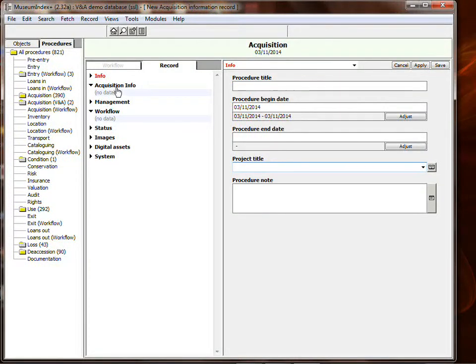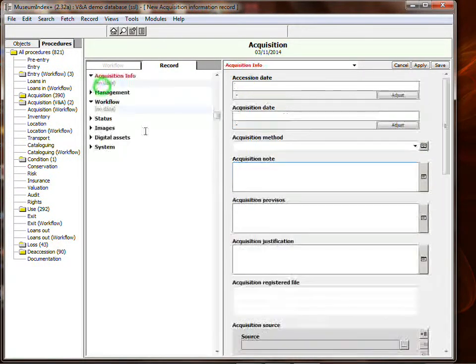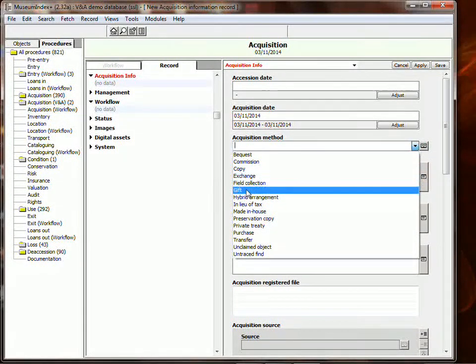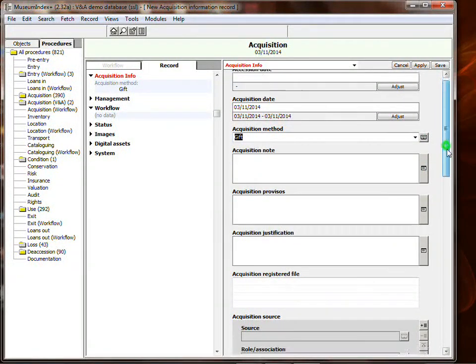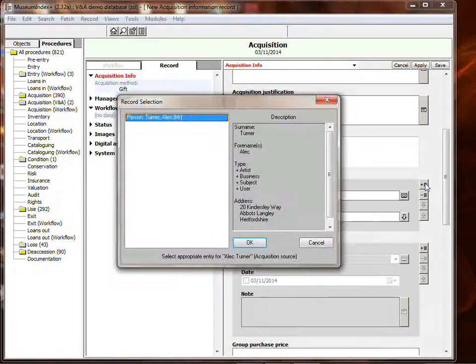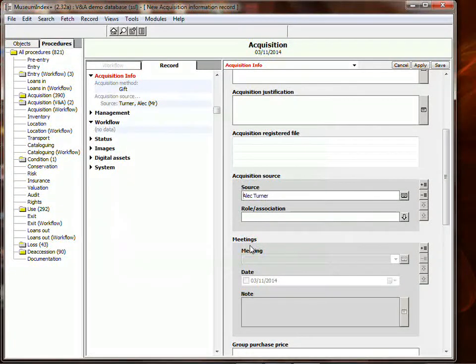I'm going to ignore those for now and just go to the second section, which is the information specific to the acquisition. I could record an acquisition date, and let's keep it simple, an acquisition method. So I'll say it's today and it's a gift. And we'll say that the source of the acquisition was, let's say this was a donation from Alec Turner. And now if I save that record,